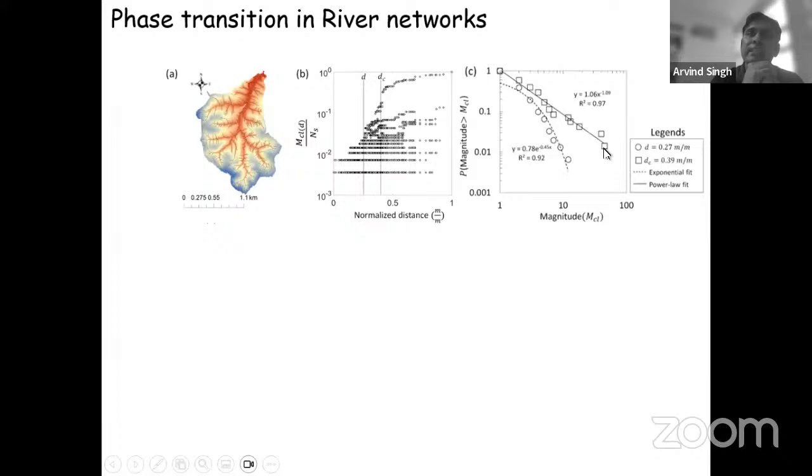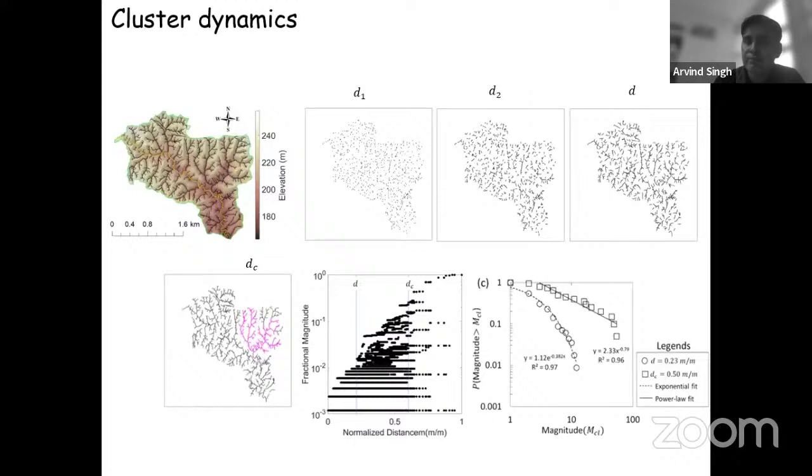The giant cluster here is defined as the largest cluster at the phase transition, which will remain largest throughout the evolution of the network or the whole cluster formation. Until the whole network is connected, this cluster will remain the giant cluster. In other words, from this analysis, we can see how the clusters at different distances are merging and forming. So for example, for this given network,